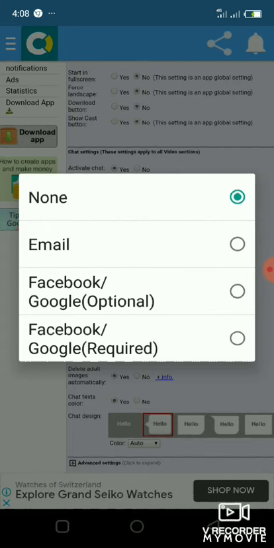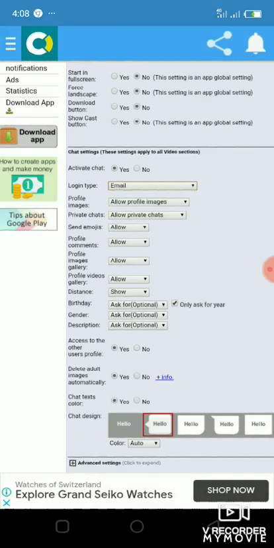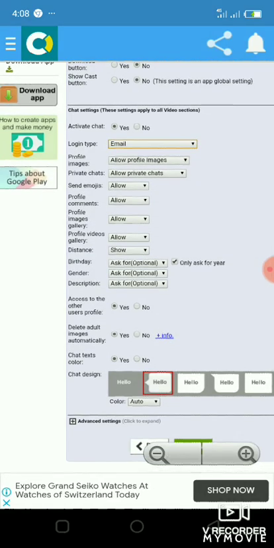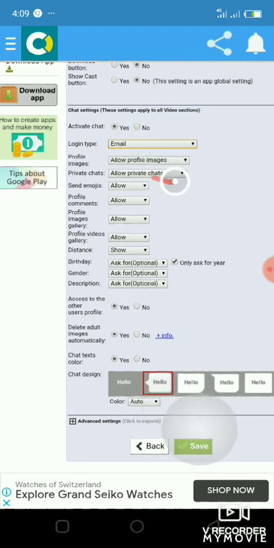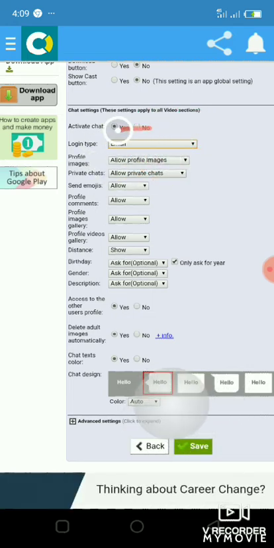The third one is you can sign up with Facebook or Google. So you can select. Let me see. I want to select email. I'll click on email so that anybody who wants to use this app must use their email to log in.